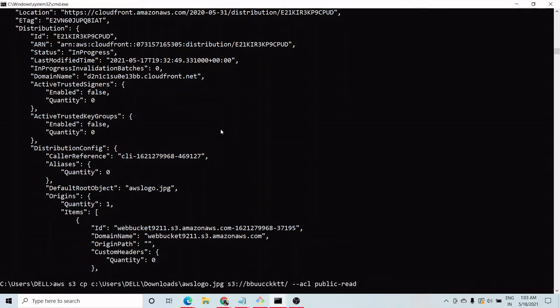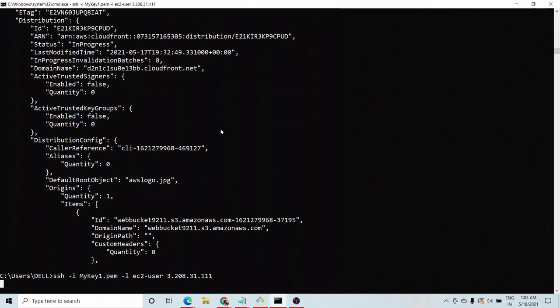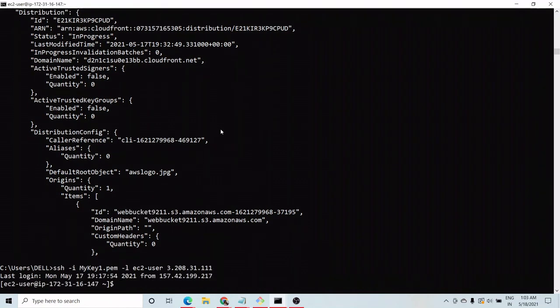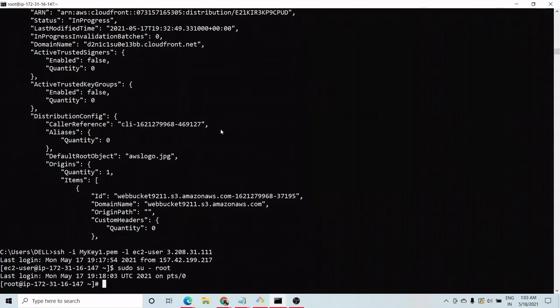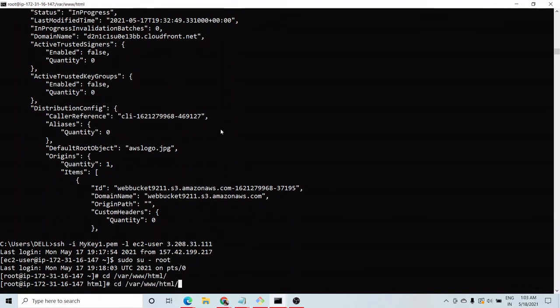So this is the command to do SSH into the instance, and here I'll do sudo and go into the root. Again here I'll do cd. I went inside my folder.